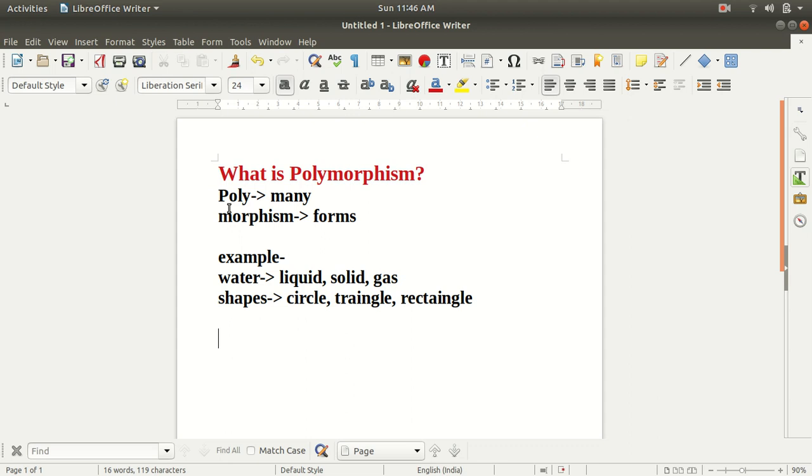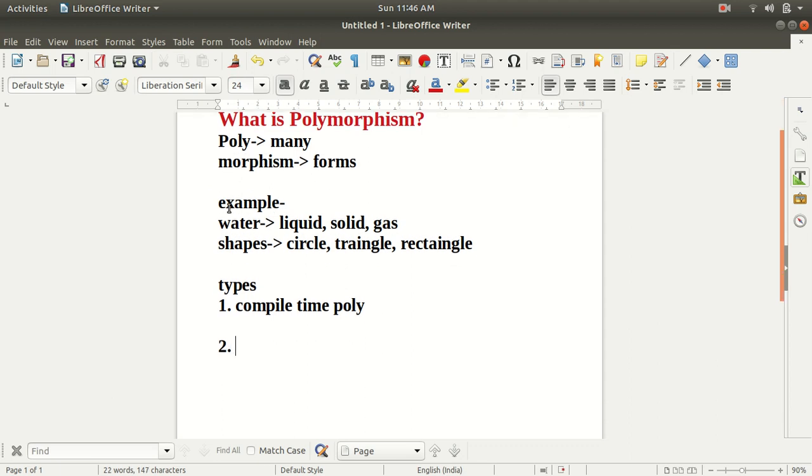There are two types of polymorphism. The first type is compile time polymorphism, and the second type is runtime polymorphism.